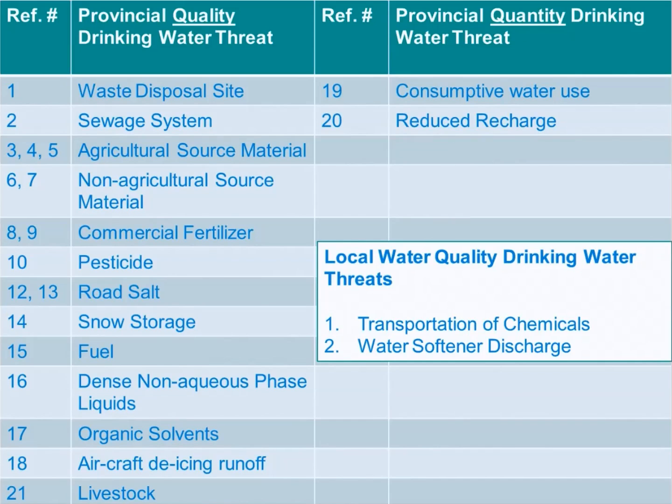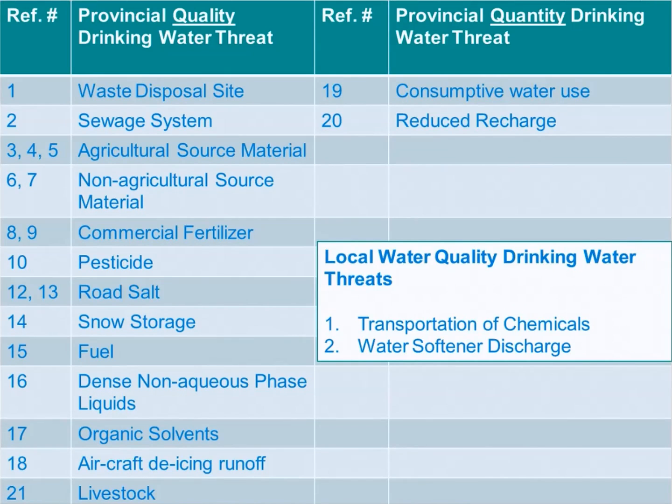Water quality threats identified by the province include the establishment, operation, or maintenance of a waste disposal site, the establishment, operation, or maintenance of a system that collects, stores, transmits, treats, or disposes of sewage, the application of agricultural source material to land, the storage of agricultural source material, the management of agricultural source material, the application of non-agricultural source material to land, the handling and storage of non-agricultural source material, the application of commercial fertilizer to land, the handling and storage of commercial fertilizer, the application of pesticide to land,